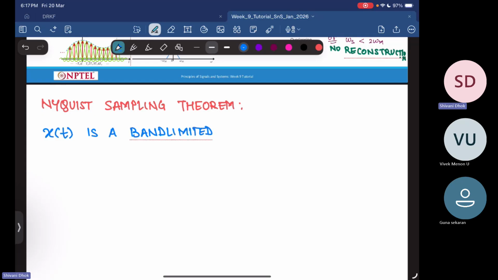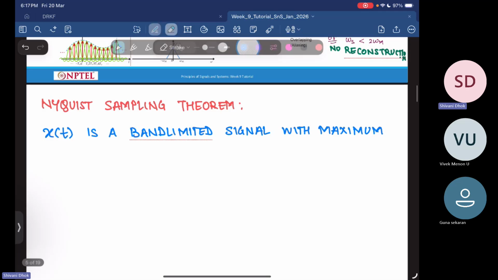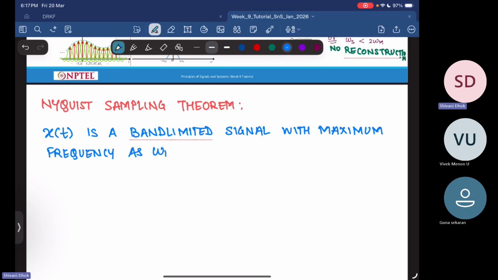This band limited is a very important term. So let's say x of t is a band limited signal with maximum frequency as omega m, then